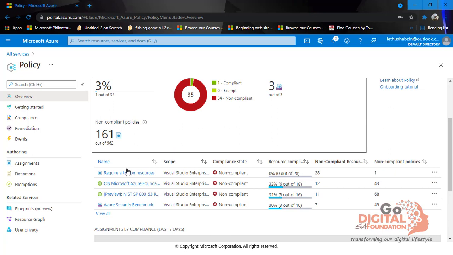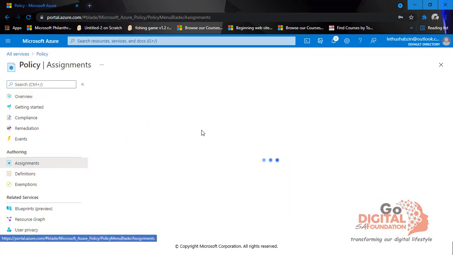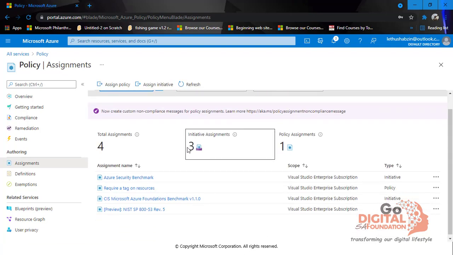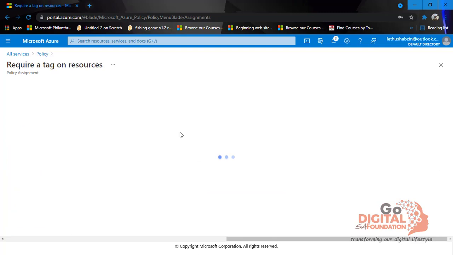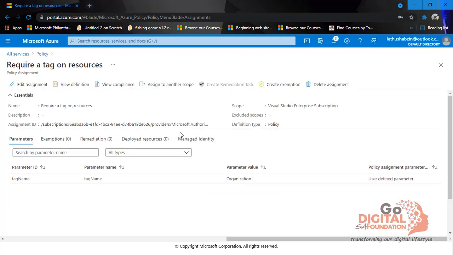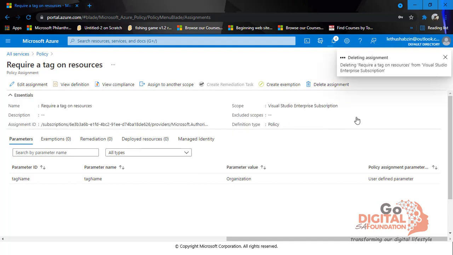Where's this one? Go to assignments. There's this one. You need to select it and then delete it. So we're just gonna click on delete assignment and then confirm by clicking on yes,